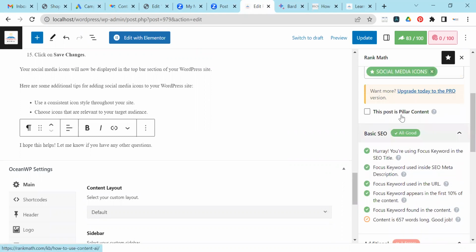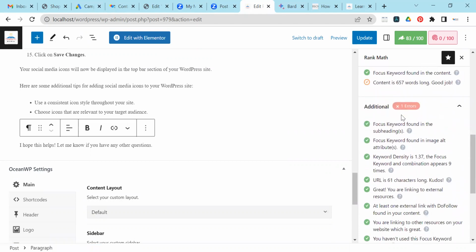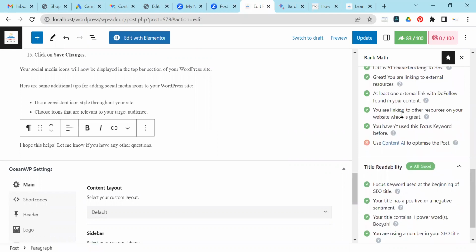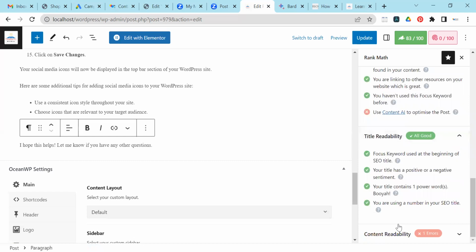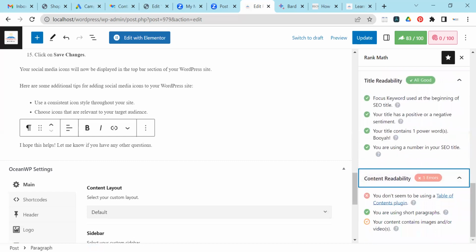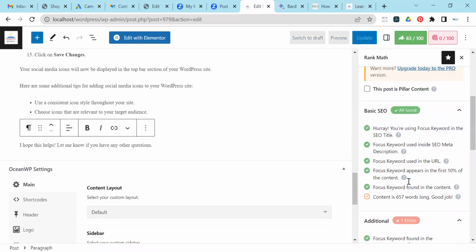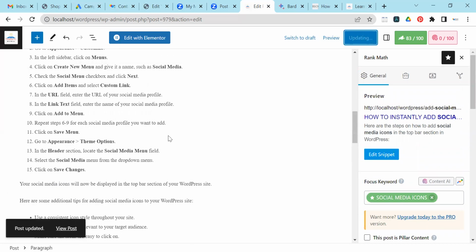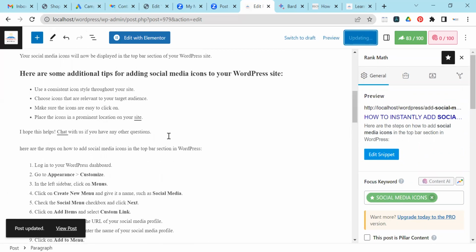Now you see the errors are only 2 of them. This one we can't change. And the last one, we can do it by having a table of contents plugin. But if you don't want to have more plugins, this is quite enough. This is also recommended. Ensure your content is long enough,